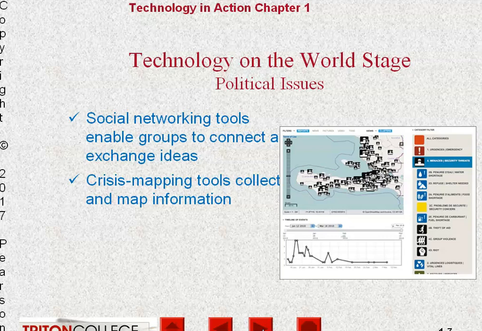Crisis mapping tools. We're seeing the use of crisis mapping tools by various government and private organizations to track the progress of the COVID virus, as well as other diseases. And we're seeing major technology companies like Google interested in putting together and implementing contact management software so that you can determine who may have been infected with COVID, who they've been in contact with, and who they may have exposed, so you can more effectively address who may or may not need assistance, material, masks, whatever.